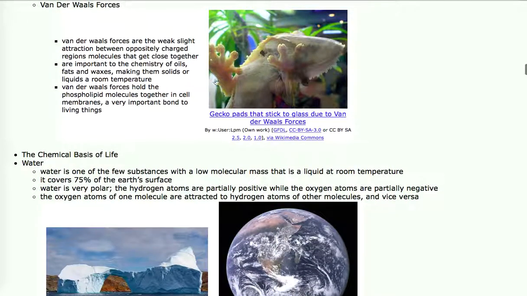Now, this is a fourth type of bond. I'm not going to mention much about these, but they're called van der Waals forces. You may have learned about these last year. That is what causes the gecko toe pads to stick to glass. Van der Waals forces are weak forces between hydrocarbons, essentially, in molecules. And it's what makes wax molecules stick together or oil molecules stick together in butter or margarine or earwax. We won't say much about these because they're not as significant to our discussion, especially an introductory discussion of molecular bio, but they do exist and they are significant in some way, shape, and form.